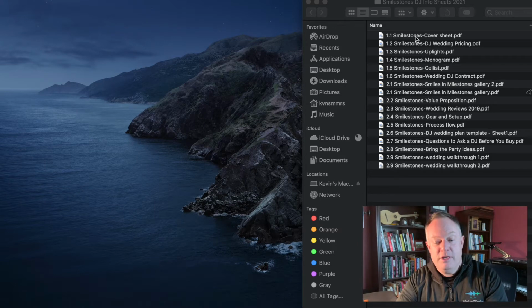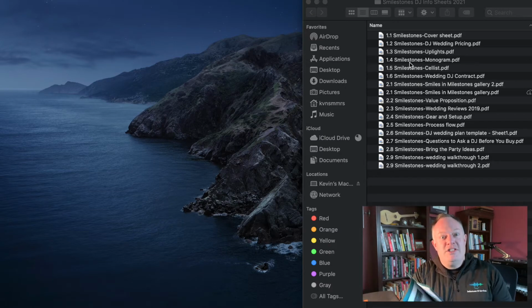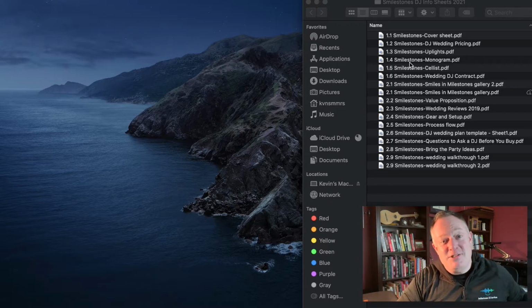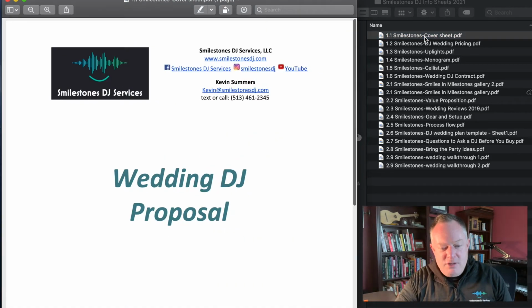But let's go through and I'll just show you these components. The 1 versus the 2 is essentially just which side of the folder it's on, side 1 or side 2, okay? So super simple, but that's just my way of keeping organized. Okay, so let's look at these. Page 1,